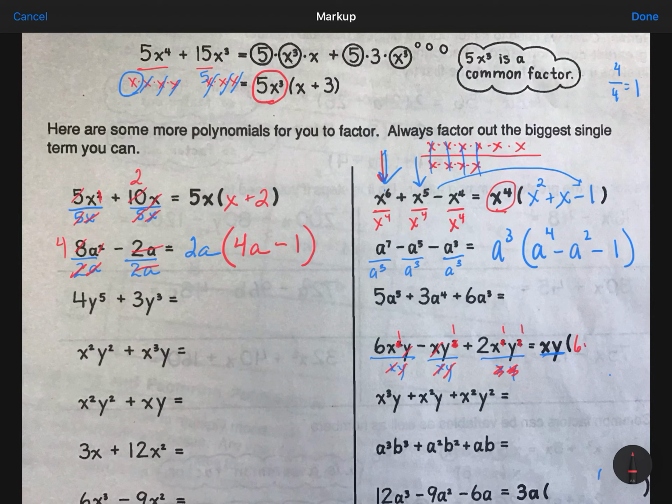You're going to be left with 6x over here minus y plus 2xy. I know I'm getting crammed in there, but you can kind of read that 2xy. Okay, so take your time. Be careful with your exponents. Be careful with your signs. Write it on a separate piece of paper if you're trying to cram it all in there, because then you'll end up making mistakes. Okay, happy fact